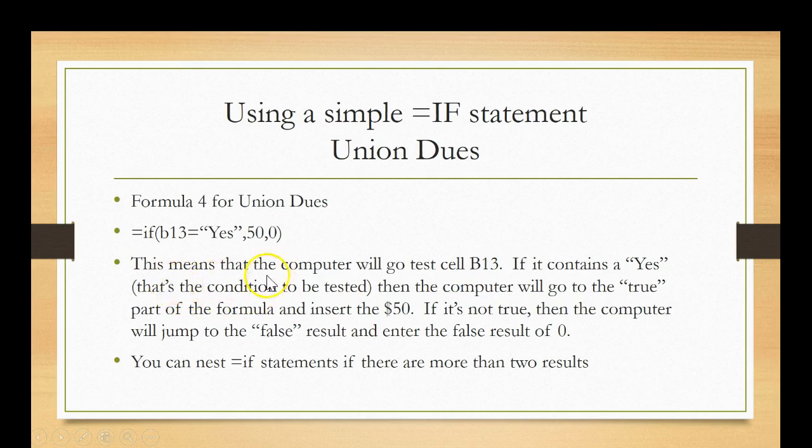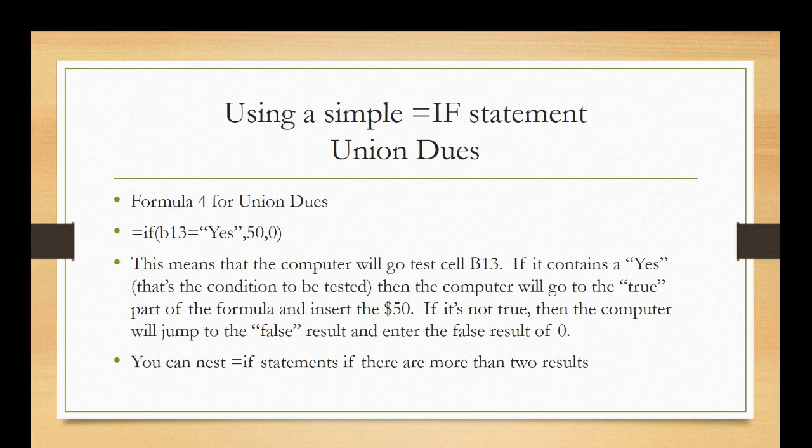So again, this means that the computer will go test cell B13, that was the first part of the formula. If it contains that yes, that was the condition to be tested, then the computer will go to the true part of the formula and insert the $50. Here's the true result. If it's not true, then the computer will jump to the false result and enter the false result of 0. Here's the false result. Again, you can nest equals if statements if there are more than two results. Let's start off the Excel demonstration by